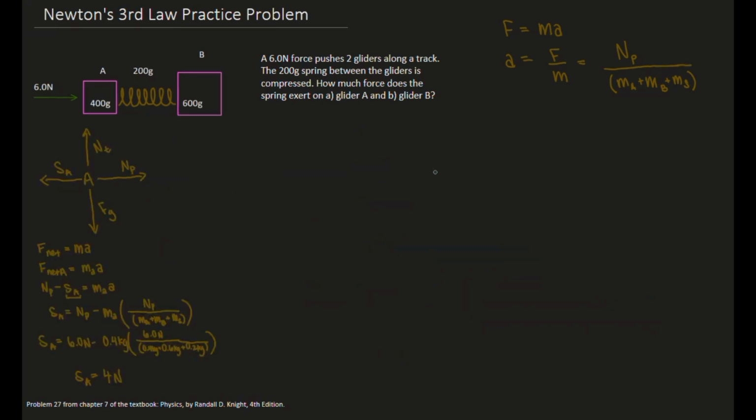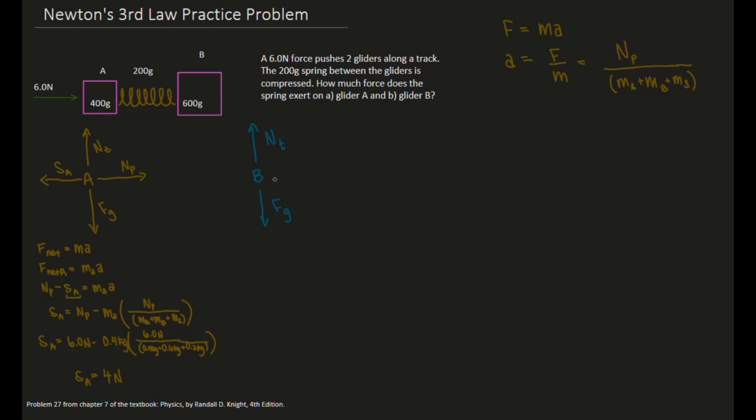We're going to follow the same process for glider B. We're going to start by drawing its force diagram. Again, it has a normal force due to whatever it's sitting on, again we'll just call it a table. And it has a force from gravity pulling it down. Again, it is also not moving in the vertical direction, so we just care about its horizontal components. In this case,